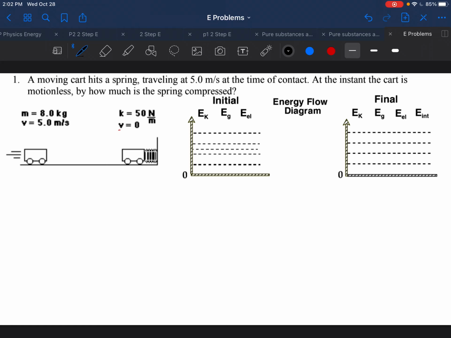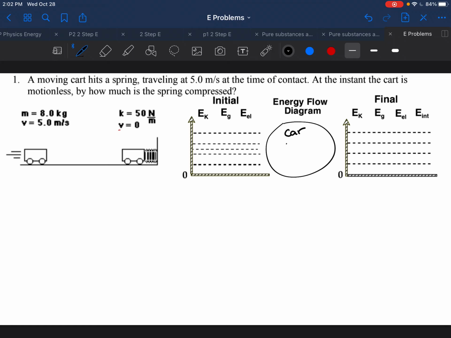Okay, so now that we have three equations for our energy and we've quantified them, let's take a look at some simpler problems, and then we'll take a look at more complex AP problems in class tomorrow. So first thing we want to do is define our system. Remember, our system is any object that can store energy and any field that can store energy. So here we have the car as an object that can store energy,